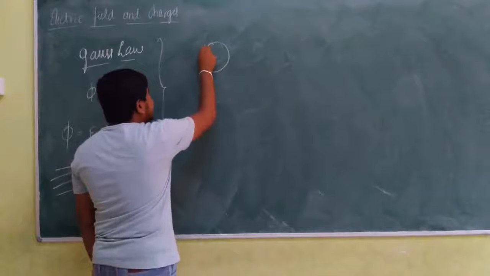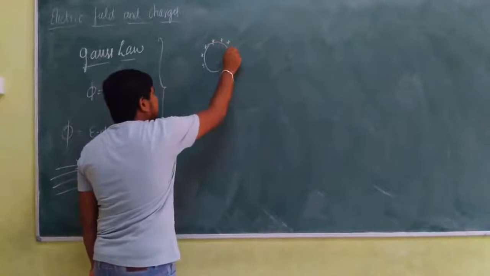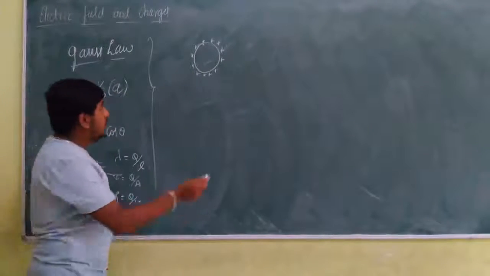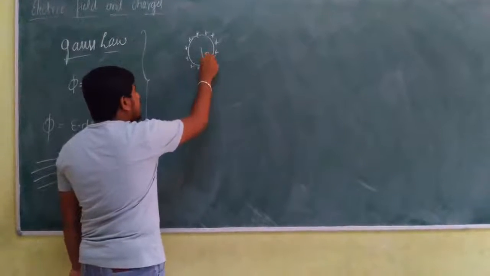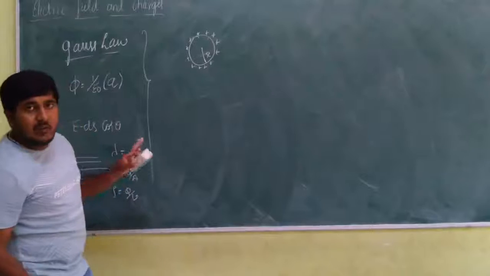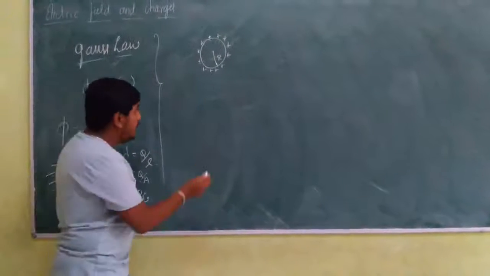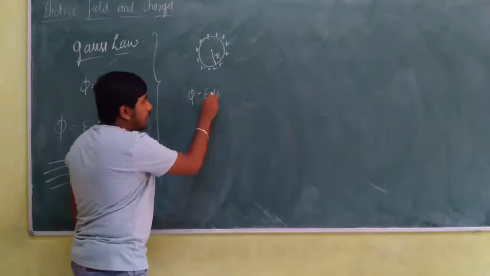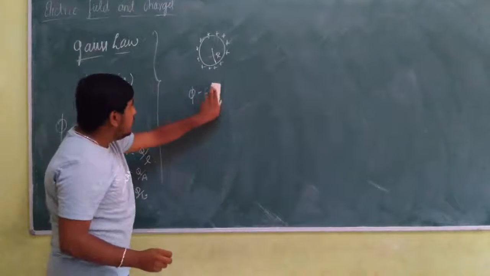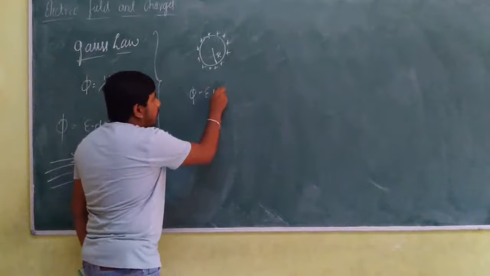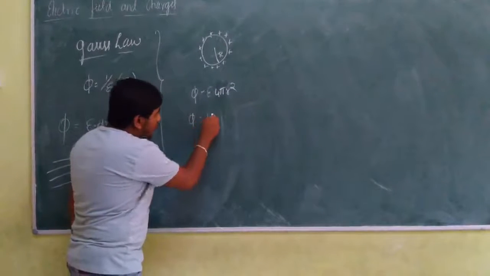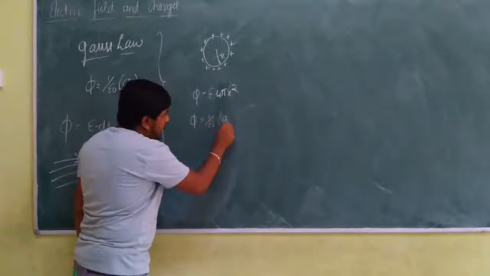For a positively charged sphere, we have to find out the electric field on the surface of the sphere and outside the sphere. So let r be the radius of this sphere. Applying Gauss law and the flux condition, we are going to get the value of electric field. So what we know is flux is equal to E dS cos theta. So area is given by the formula 4 pi r square. Again, according to Gauss law, flux is equal to 1 by epsilon naught times net charge enclosed.